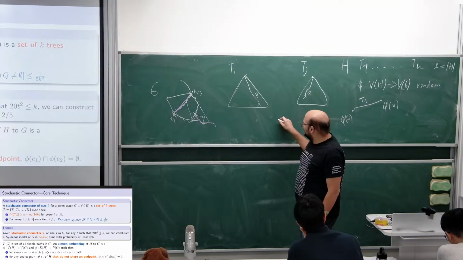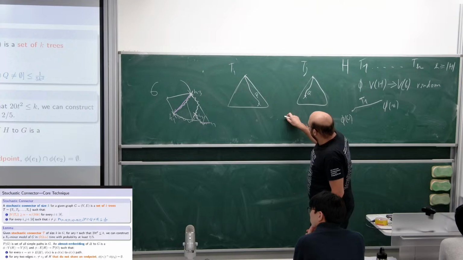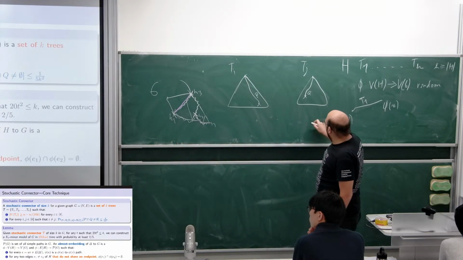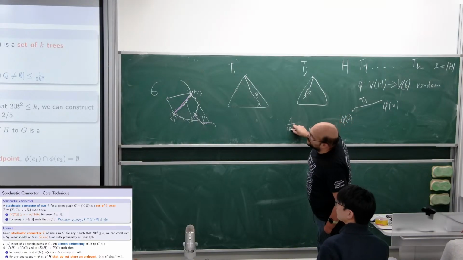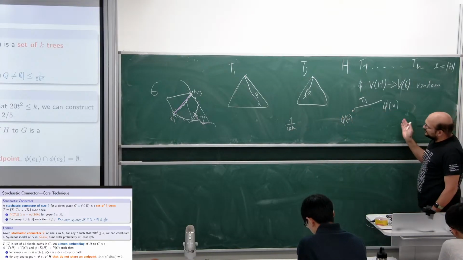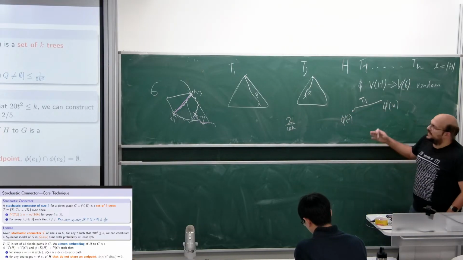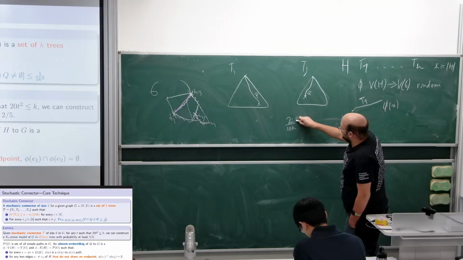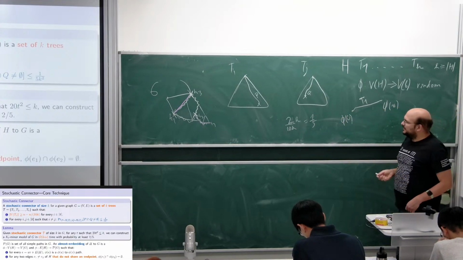but what is the probability, right? Because of the first condition we are missing only a small fraction, 1 over 10k. And now we have 2 endpoints, so this is 2 over 10k, and also we have k edges. So if we use the union bound, then this is 1 over 5. So with probability at most 1 over 5,